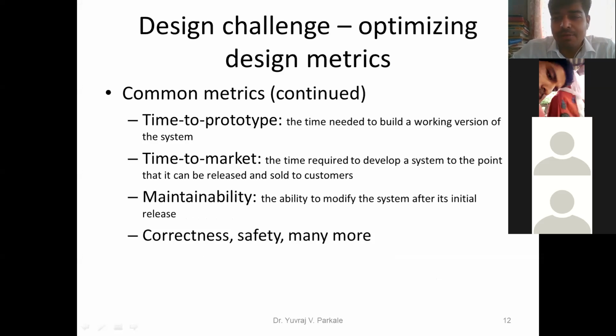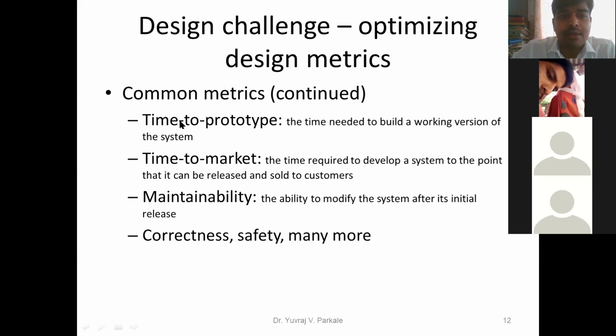You have heard of, or even seen, different prototype models of products, or prototype models of buildings, towns, or cities. That is called a prototype. It's a kind of representative model of the original system.